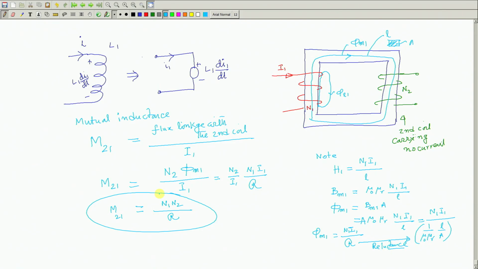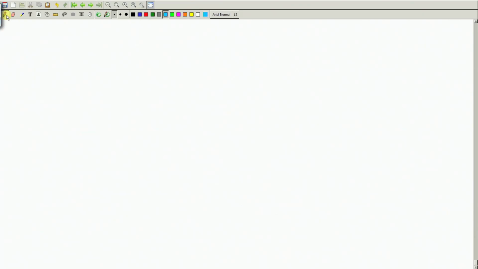In the same way, I could energize only coil 2 and define the self inductance of coil 2 and the mutual inductance caused by coil 2. Let us do that quickly, but effectively. So, in the second case, now